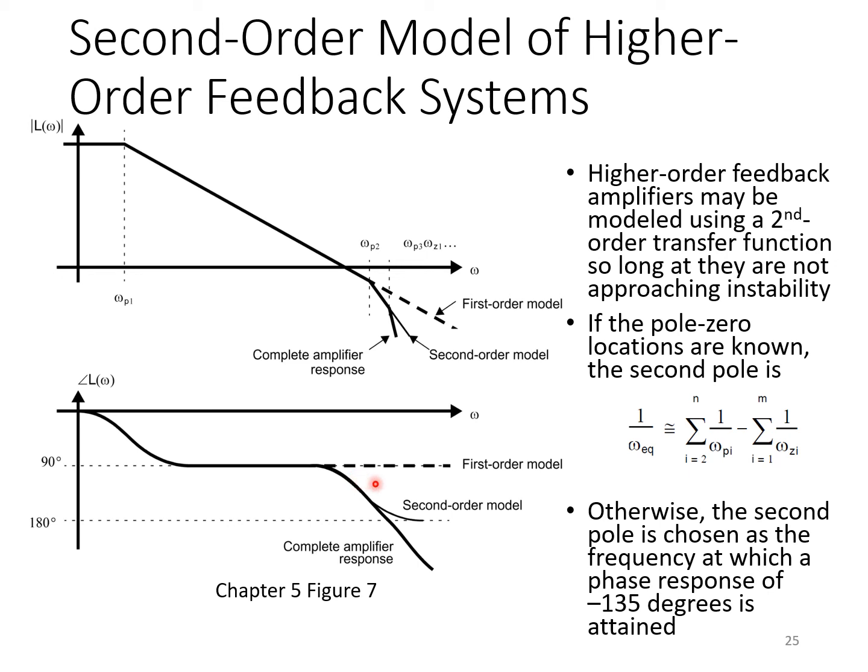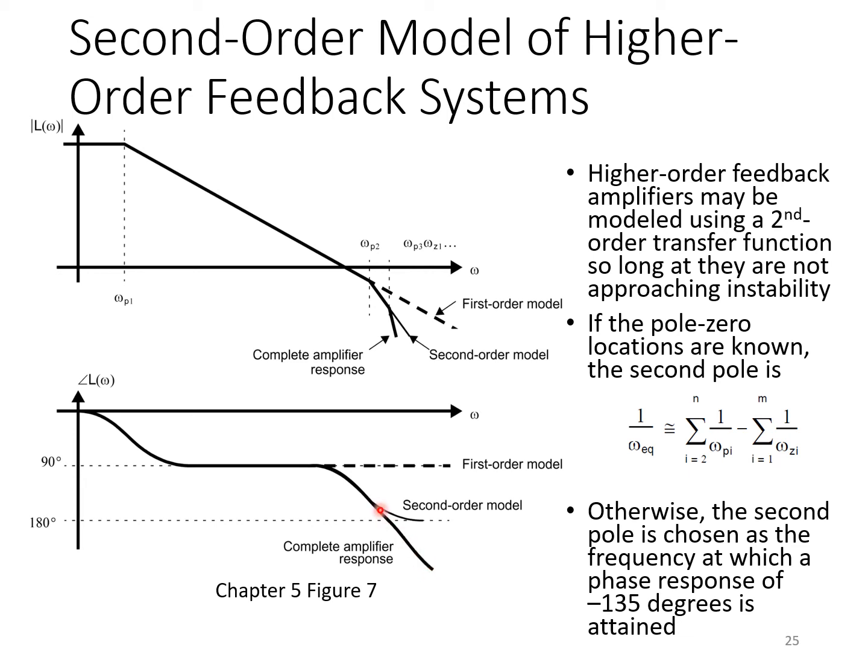Now, one way to find an appropriate equivalent second pole frequency when the second and higher order poles and zeros are tightly bunched together is to use this formula here. But in fact, another way that's very easy and practical, especially with simulation, is to just simulate the complete amplifier response, as is, let's say you get a plot such as the one shown here with the thick solid line,